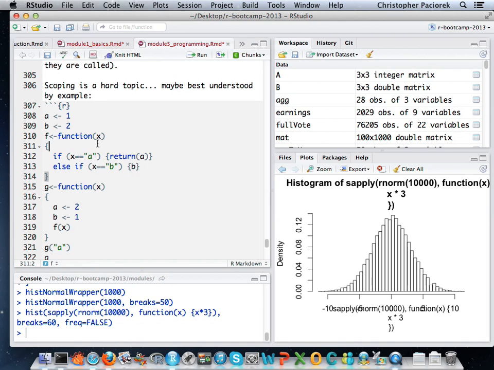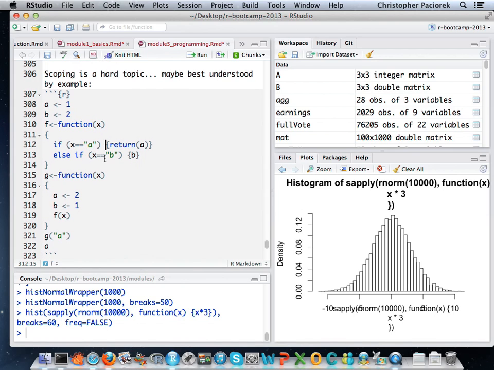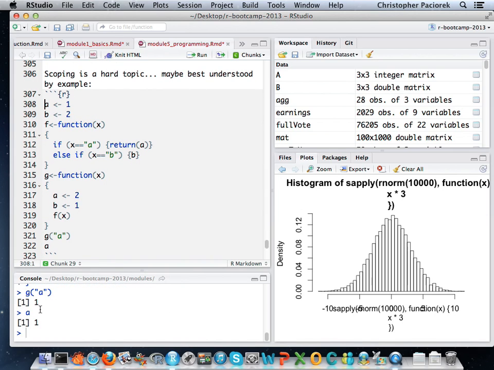You can look at where the function is defined, and you can figure out what a is going to be by just looking upstream in the code from there. All right, so if we evaluate this block of code, what we'll find is that g of a indeed returns 1, okay? Because f is giving us the value of a that it was equal to at the time f was defined. So are the definitions of a and b inside of the function g doing anything? They don't do anything that is obvious. Those values get set inside the function and then they get thrown away.